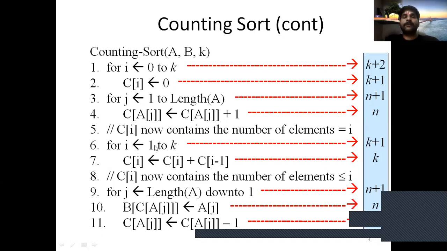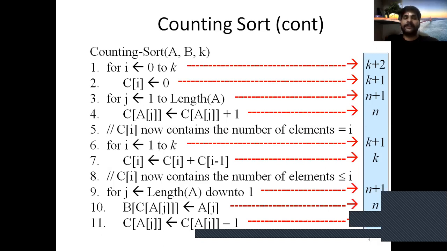For i equal to 1 to k, the for loop runs from 1 to k. Therefore, the time complexity of this line equals k plus 1, and C[i] is updated depending on C[i] plus C[i minus 1]. The value of array C depends on i, executed for true values 1 to k, that is k times.